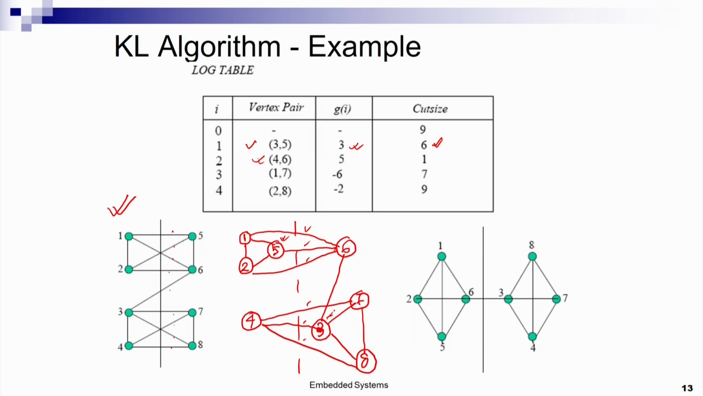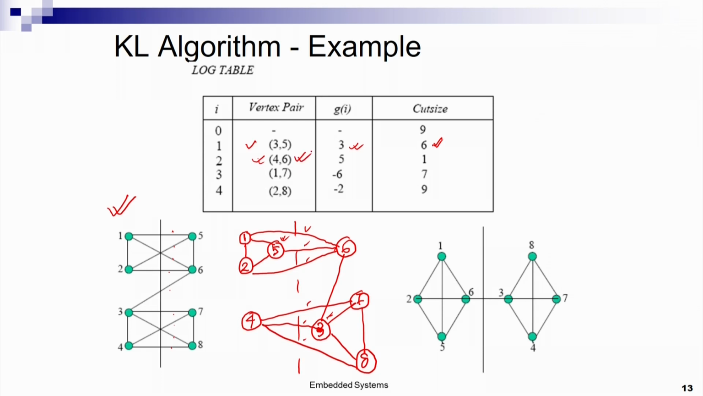So, what are the remaining nodes? 1, 2, 6, 4, 7, 8. Out of these nodes, the pairs that we can consider exchanging are say 1 6, 2 6 and then 4 6, and then 1 7, 2 7, say 4 7. So, likewise we will have these many pairs. Out of these many pairs, rather we will have n square pairs,